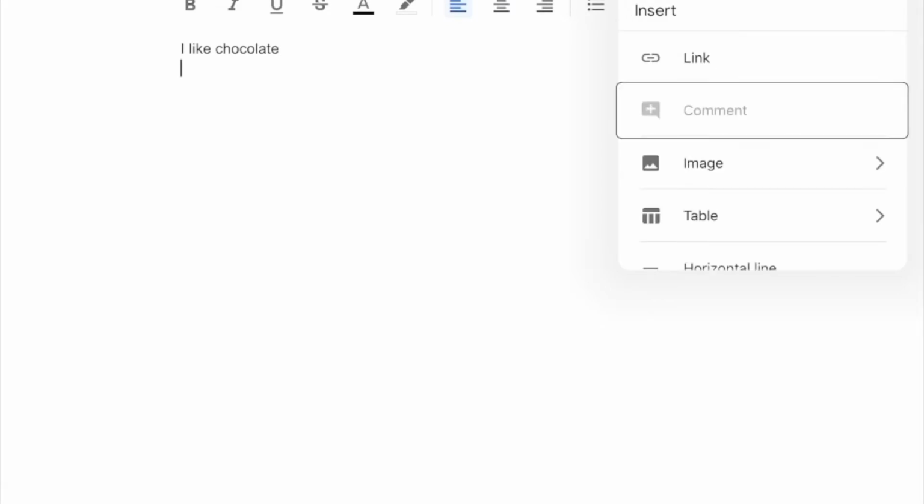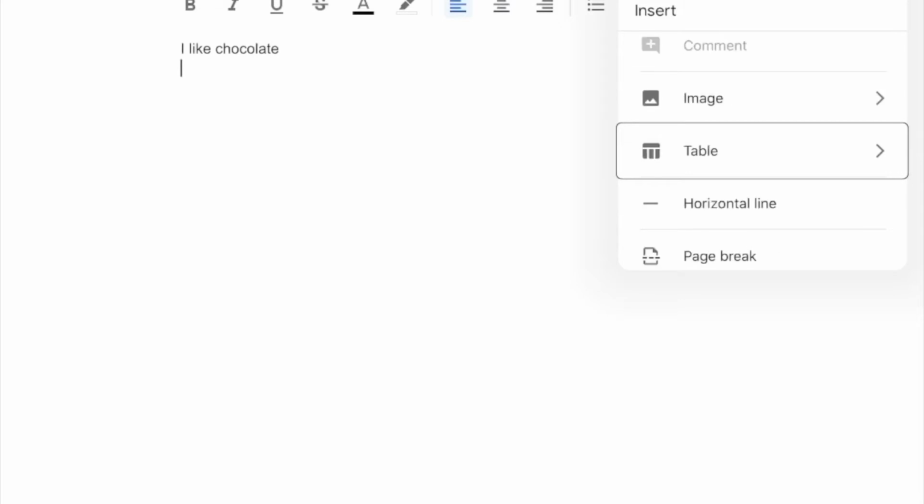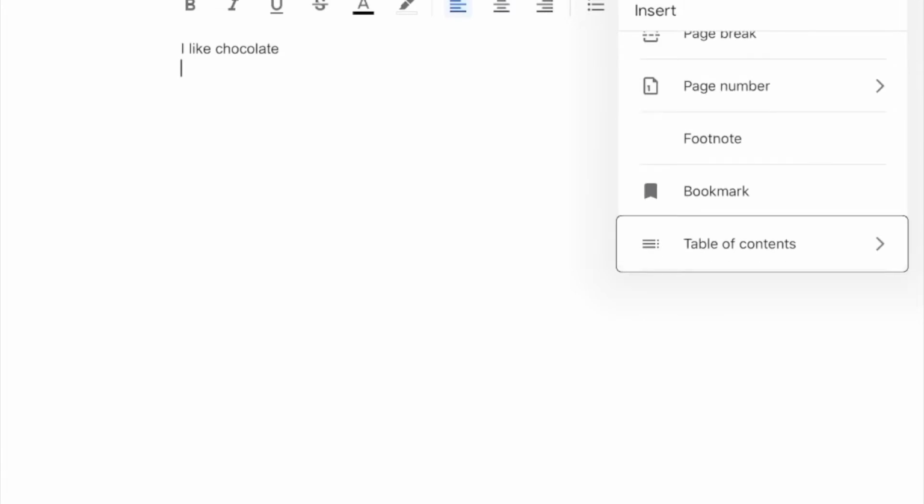Link button. Comment dimmed button. Comment only works if you're collaborating on a document. We will look at that later. Image button. Table button. Horizontal line button. Page break button. Page number button. Footnote button. Bookmark button. Table of contents button. So, as you heard, table of contents is the last item. You could just double tap on any of these options, and some of them have other menus that will open to let you specify exactly what you want, or of course in the picture option, you could choose from the photos on your device. I'm going to show you inserting a table because they actually do work in Docs, but